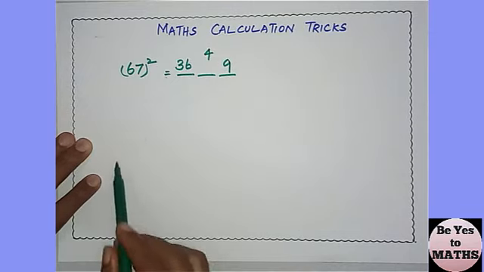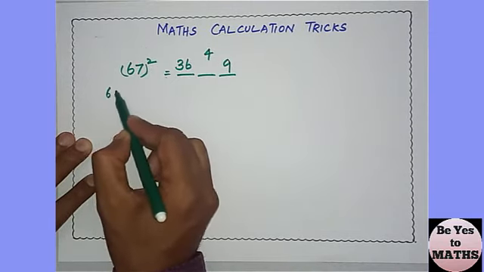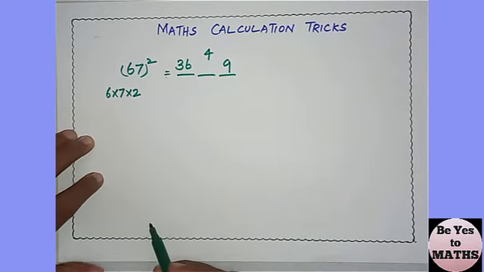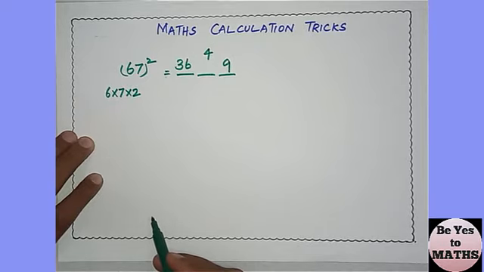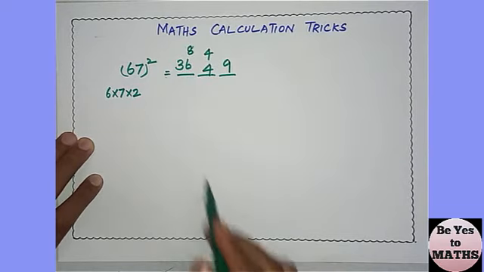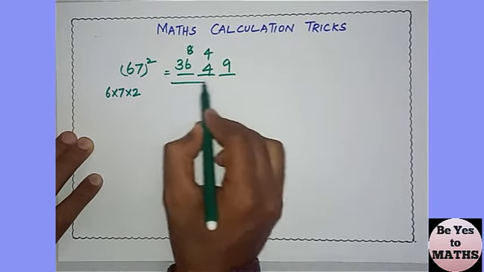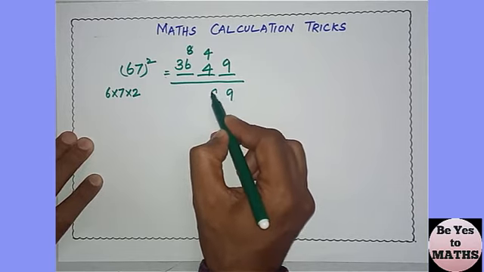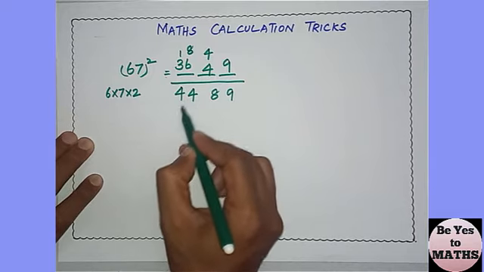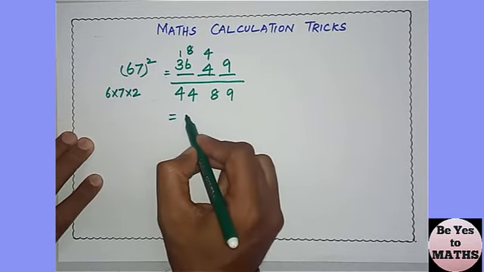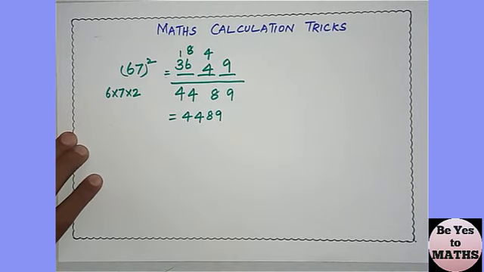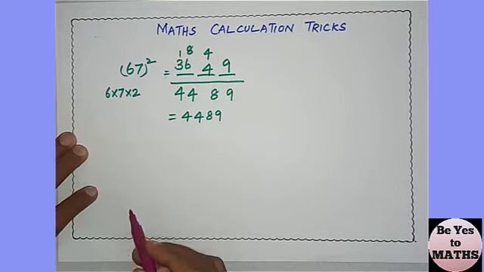For the middle blank, we have to multiply all these 3 digits. 6 into 7 into 2. 6 7s are 42. 42 2s are 84. So we'll write 4 here, 8 carry here. So sum of this whole thing is the answer. So 9, 8, 14, 1 carry here. So 4. So the answer for the square of 67 is 4489. Let's take a few more examples with bigger numbers.